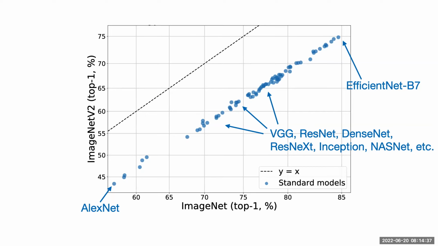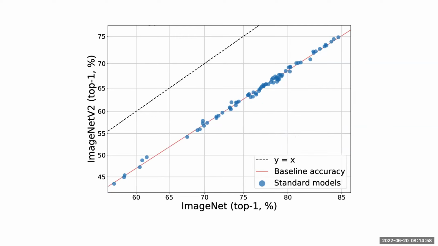As a starting point, all of these blue points I put on this plot are what we call the standard models. These are models just trained to do well on ImageNet. They go from AlexNet over VGG, ResNet, DenseNet, everything we could find, up to the best model that we found at the time, which was an EfficientNet variant. One thing that's quite striking is that all of these models are on a pretty clean linear trend. There's an interesting question why that is. For now, we'll just take it as a given, because it really happens for all of the models we could find that are just trained on ImageNet.